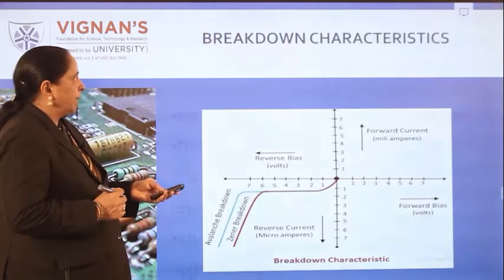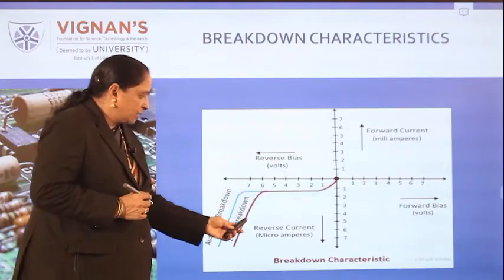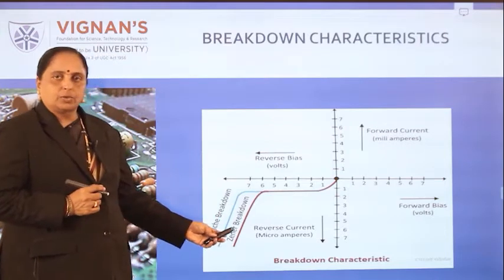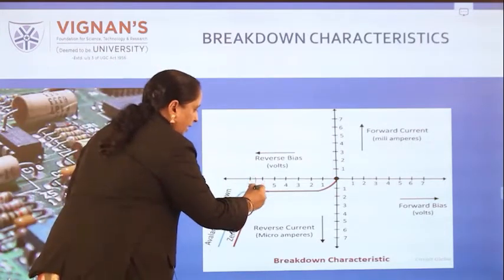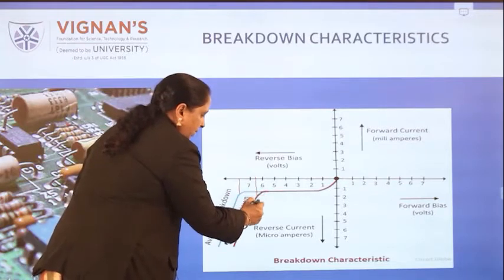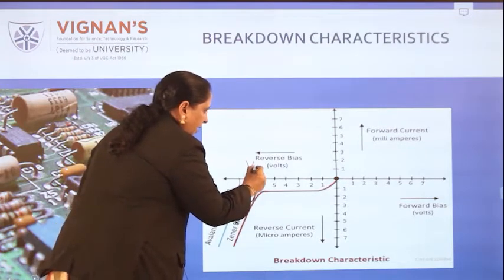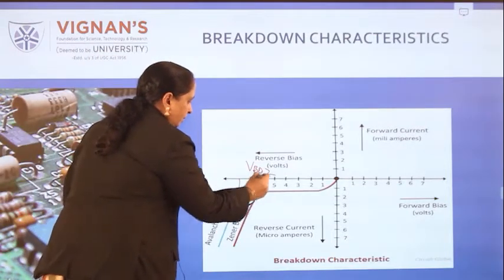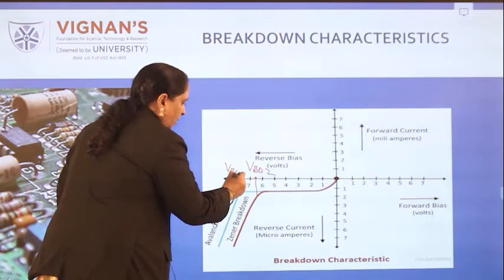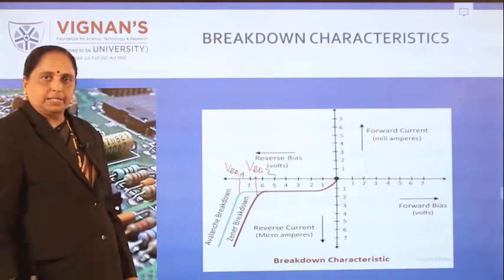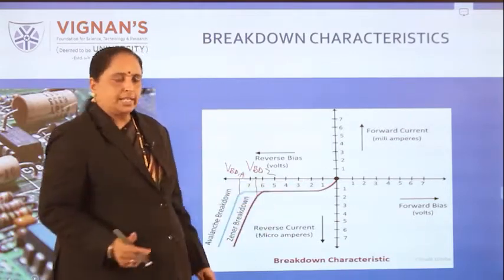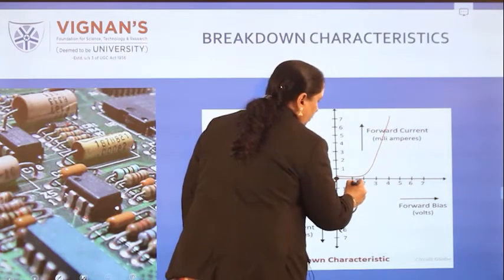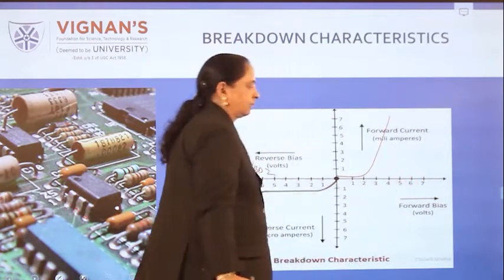So you see here, the first one is Zener breakdown, which occurs even for less reverse voltage, and this one is more than 6 volts. Here the current rises very sharply from a particular point. This is known as the reverse breakdown voltage for Zener, and this is the reverse breakdown voltage where avalanche multiplication takes place. In the forward bias condition, there is no change. It will behave as an ordinary PN junction. There is no problem here. So 0.1, 0.2, 0.3, like this.